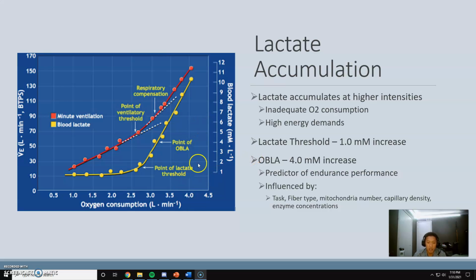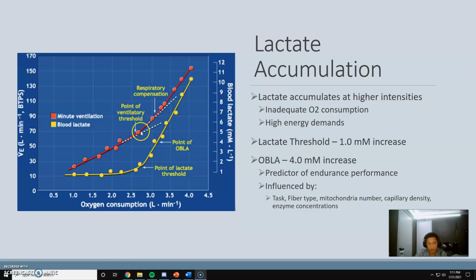The point of lactic threshold is defined as the max aerobic capacity someone can reach before their blood lactate increases by 1 millimole, while OBLA is described as a 4 millimole increase in blood lactate. Researchers use OBLA as a better predictor of endurance performance compared to VO2 max, because we don't perform endurance activities at our VO2 max, and rather it's more of a steady rate of exercise. And OBLA is actually represented as the max level of steady rate exercise before changing